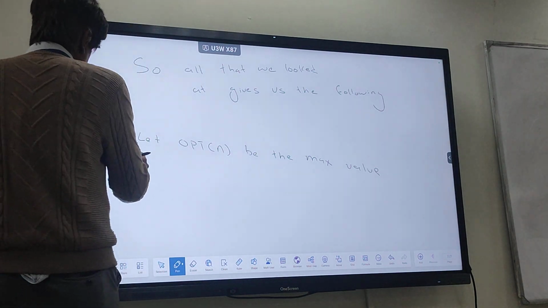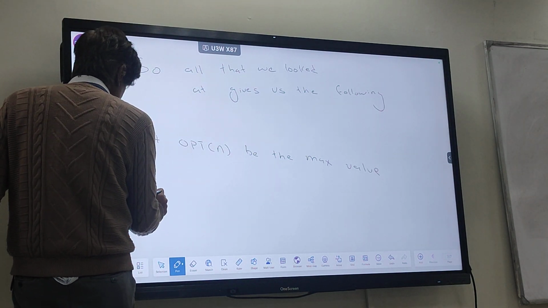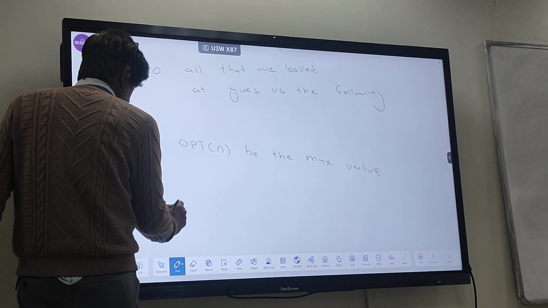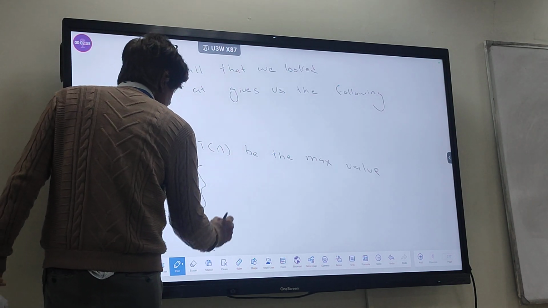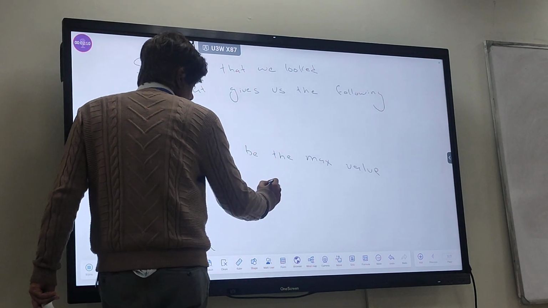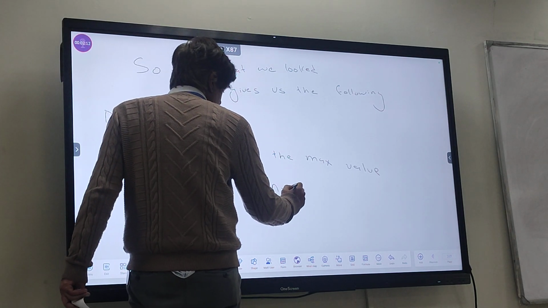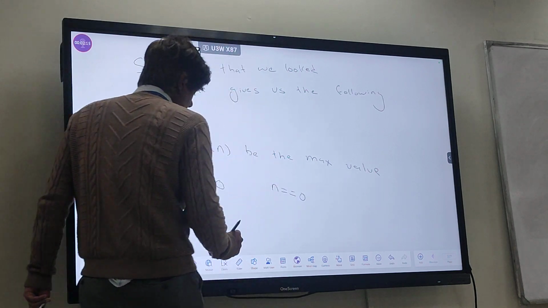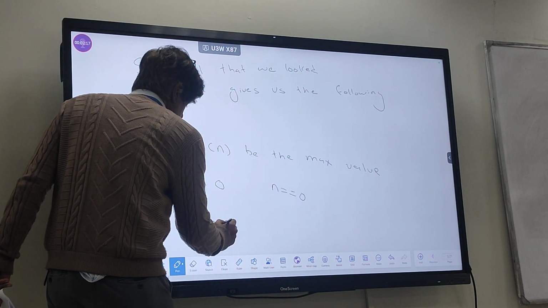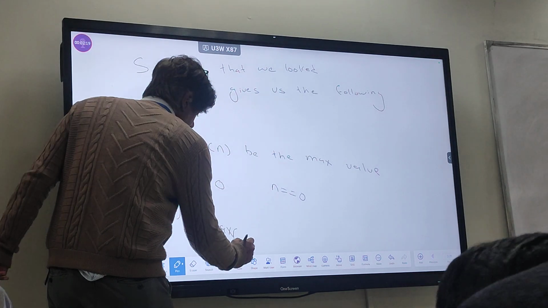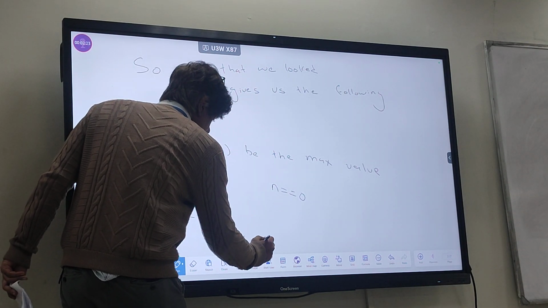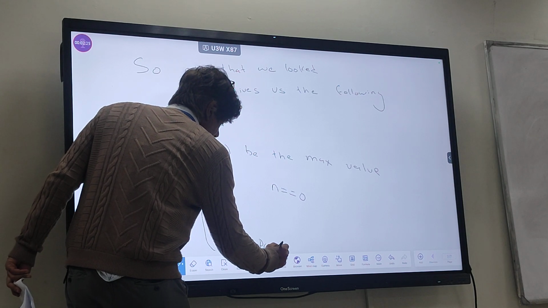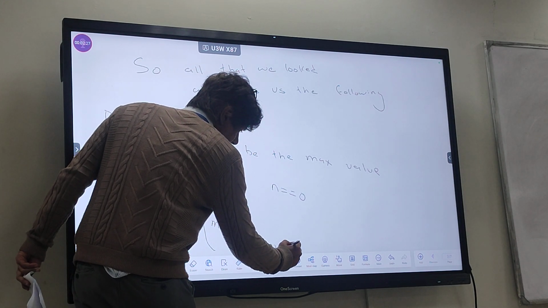So opt of n can be written as 0 if n is equal to 0, and the maximum of v of n plus opt of p of n, comma, opt of n minus 1.